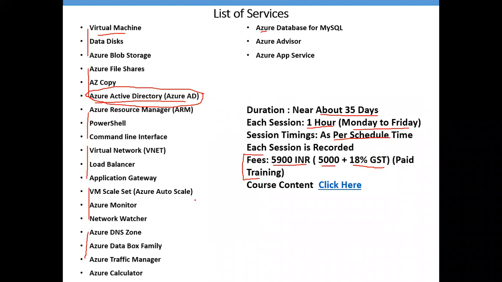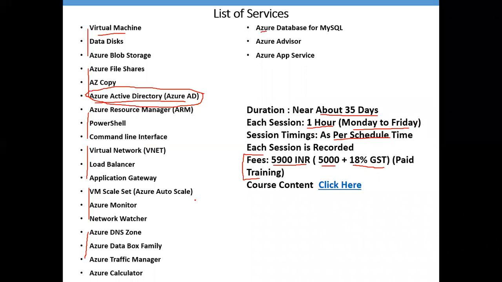To learn about Azure DevOps, do we need to learn PowerShell as well? PowerShell is not mandatory. If you want to learn it, you can, but it's not mandatory. For the automation things, you can learn PowerShell and YAML. If you want to learn for Azure DevOps, you can go for YAML. The reason is that in Azure DevOps, we have two types of pipeline. One is called classic pipeline, the other is called YAML pipeline.